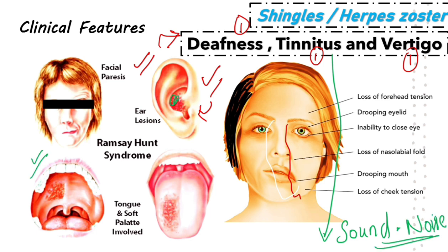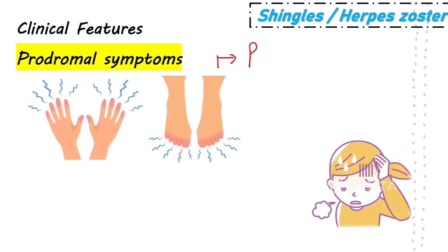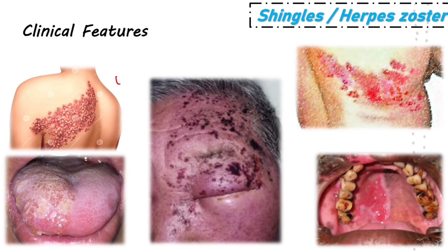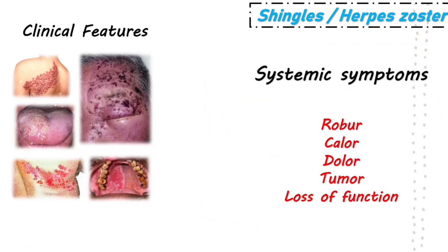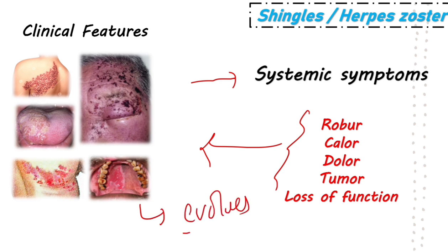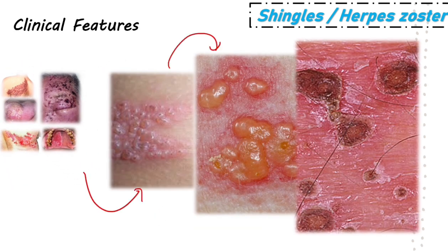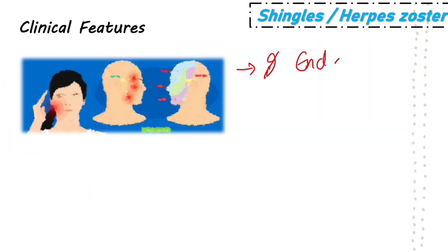Now, herpes zoster typically begins with several days of prodromal symptoms, such as pain or abnormal sensations. Following the prodromal phase, a well-defined unilateral maculopapular rash emerges in the affected dermatome. Along with this rash, occasionally systemic symptoms can also be seen. The rash rapidly evolves from vesicular to pustular and then finally leads to formation of ulcer. Remission usually occurs within several weeks, marking the end of the acute phase of infection.